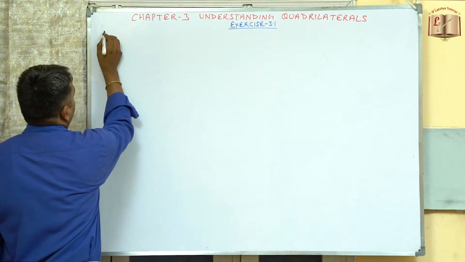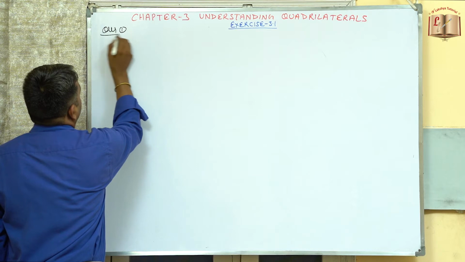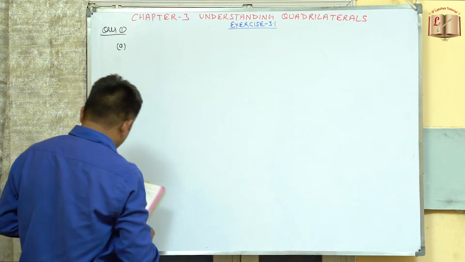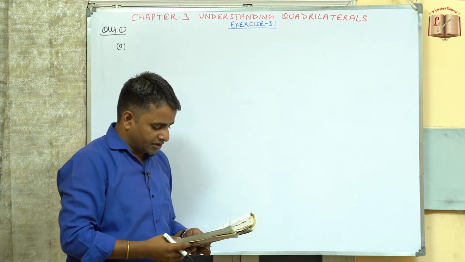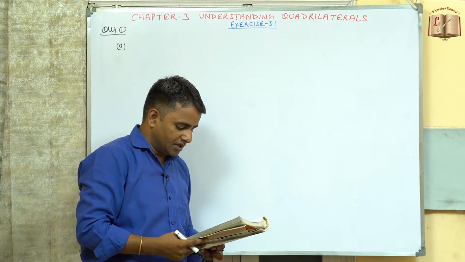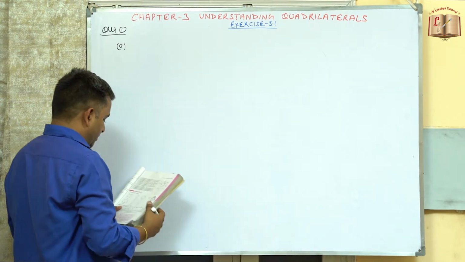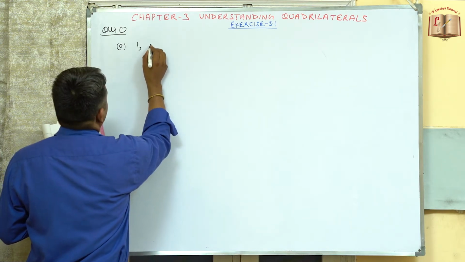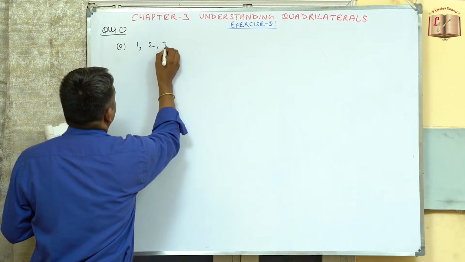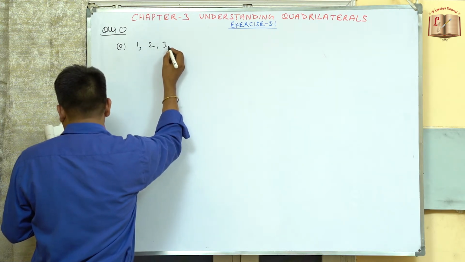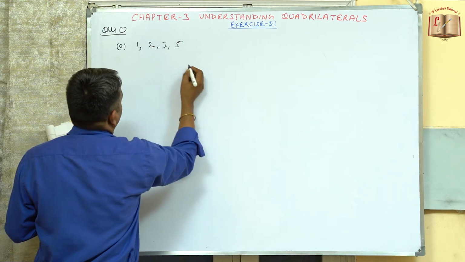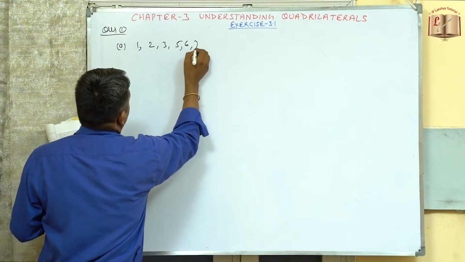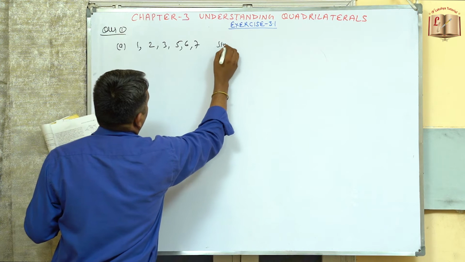Coming to the exercise 3.1, coming to the question number 1, A part, classify each of the following on the basis of the simple curve. So the first one is the simple curve, and the second option given, this is also the simple curve, and third one is given the simple curve, and if we see the fifth one, this is also the simple curve, and sixth one is a simple curve, and seventh one. So these all are the simple curves.